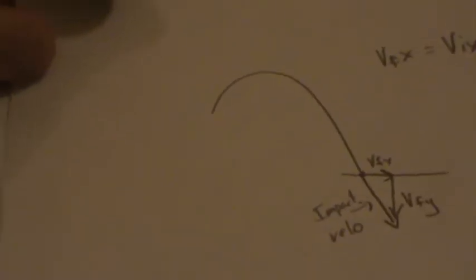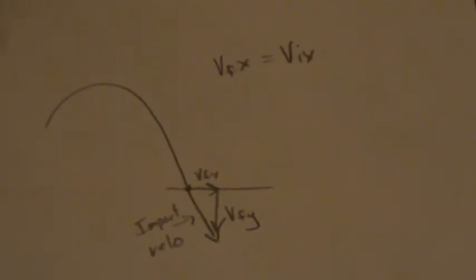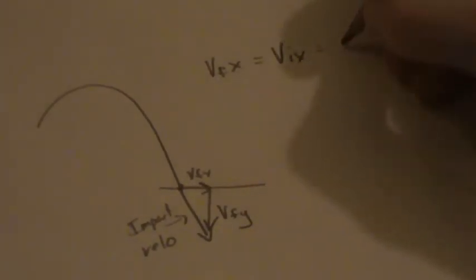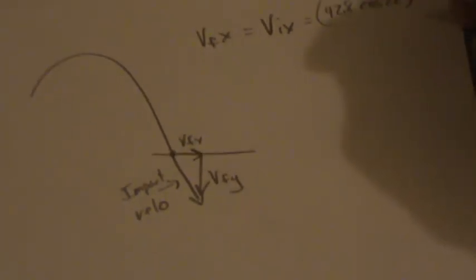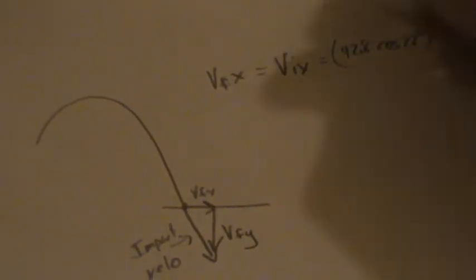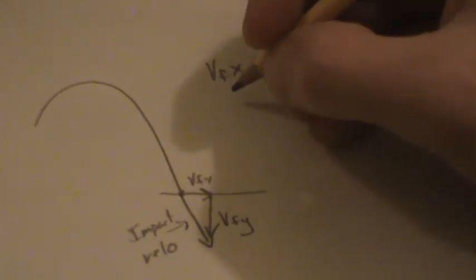And so, what do I need to find? I need to find VFX and VFY. Remembering that VFX is just the same as VIX. Like this over here, it's the same, which I know is 42.8 cosine of 22. Right? And so, but now to find the VFY,